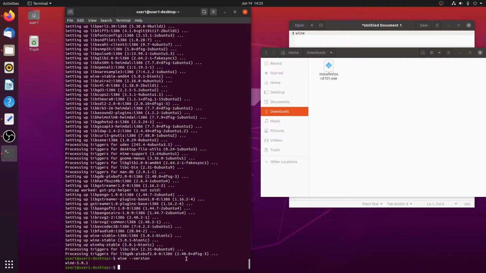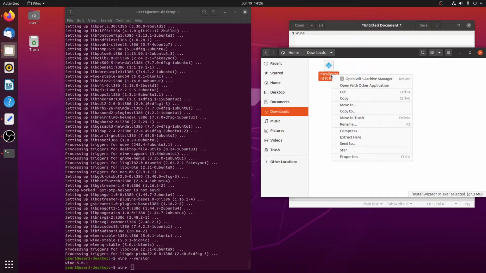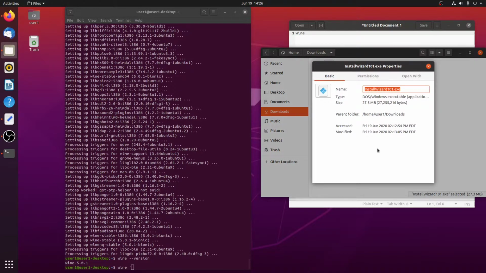So the way to do this is just go back to your terminal, type Wine, space, then the single quotation mark. Then in the Downloads window of your folder, right click on the downloaded file Wizard101 and go down to Properties right here. The important information you first want to use is the parent folder location. So you can just copy and paste this